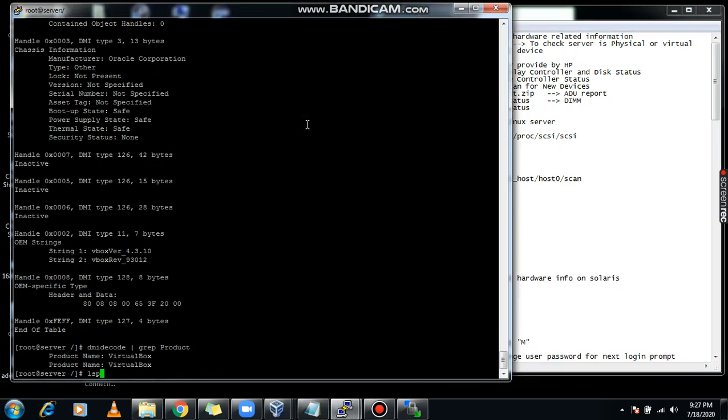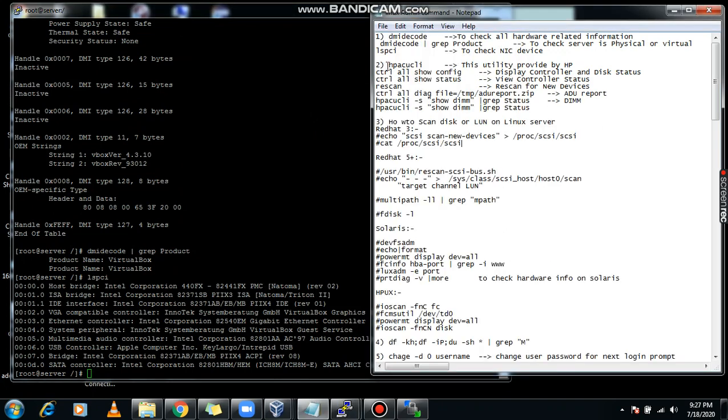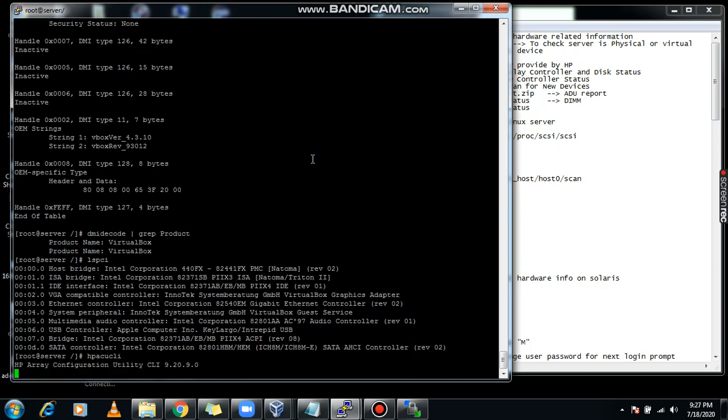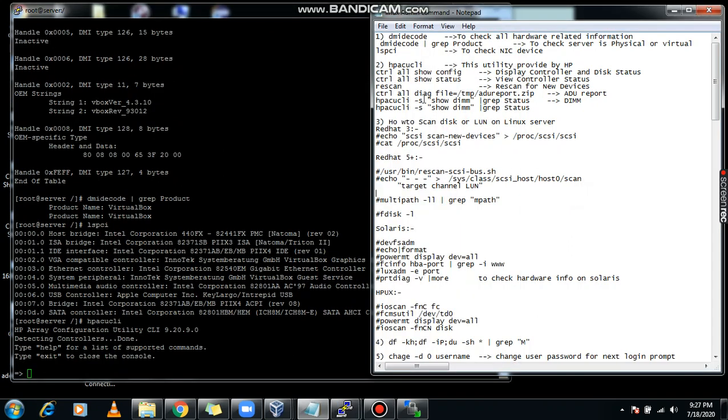Using lspci, you will get all the network cards which are connected to your server. Another utility we use is the hpacucli command. Normally this utility is provided by HP, and this command is used only in an HP environment.